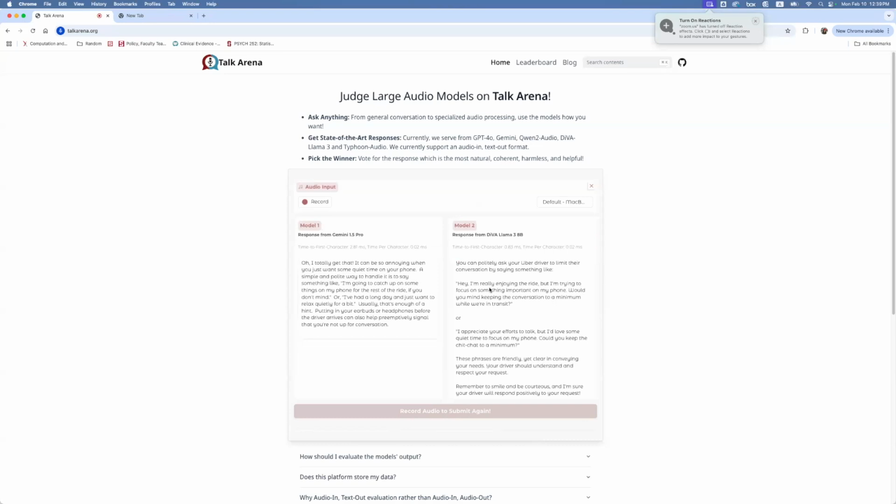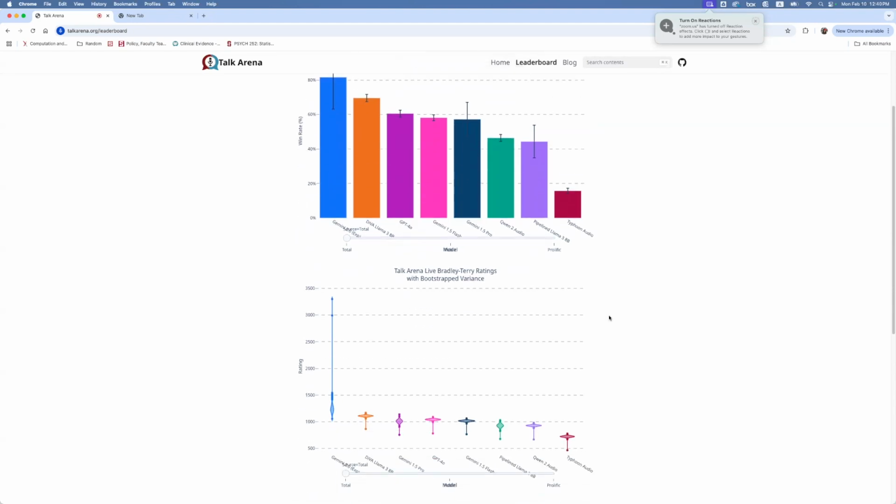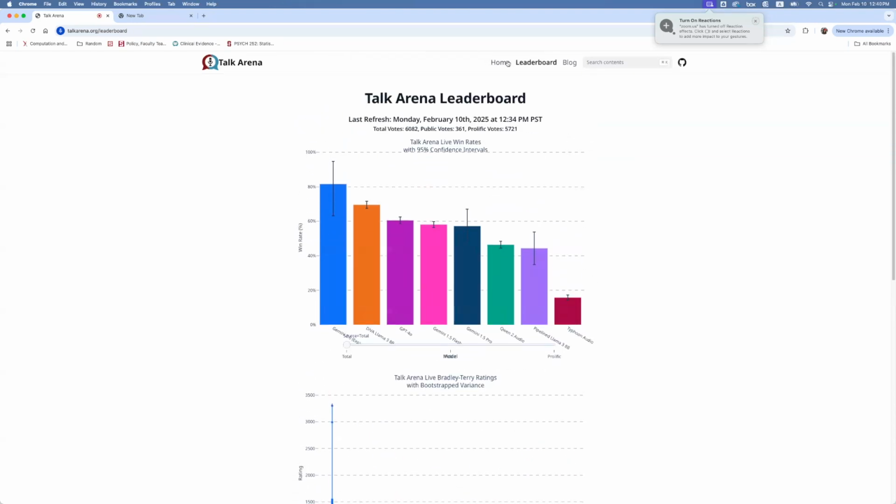You can just vote, and you can see the result. This is not picked on purpose. This is all random, so you get two random models. And then we can see that the right part is actually DIVA, and the left part is Gemini 1.5 Pro. And then you can also go to the leaderboard, which gives you a real-time leaderboard, and you can see how models perform here.